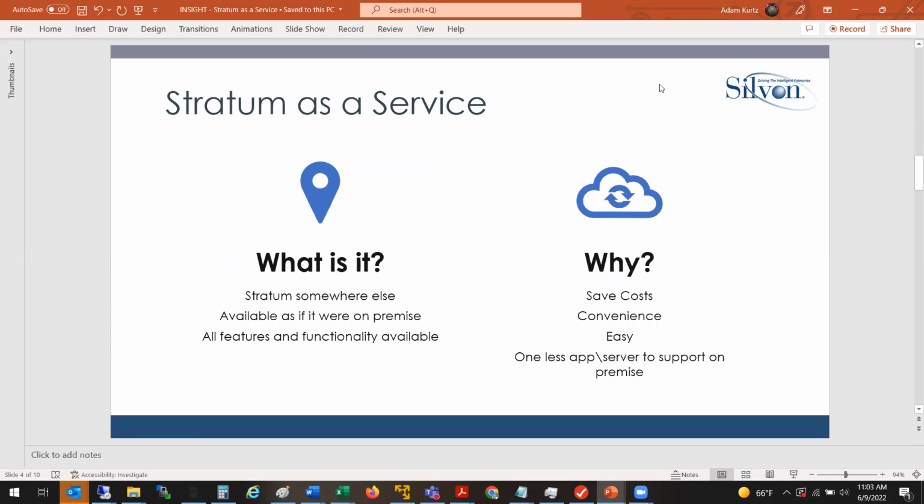Well, what is it? Running Stratum as a service. What exactly are we talking about? Well, basically, you'll be running Stratum off premise. So basically, it's Stratum somewhere else. And so this basically means that it's available as if it were on premise. The users really won't notice a difference. The interface is the same. So there's really no difference there in terms of running it on premise or off premise, from the perspective of the user. All the features and functionality is available. So again, this is not vastly different than if you were running the solution on premise. And obviously without all the back-end hustle and bustle that you could avoid,